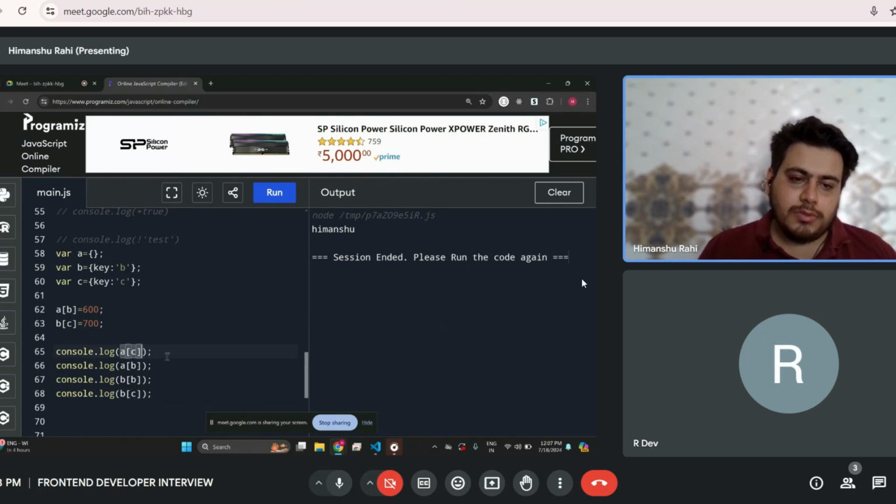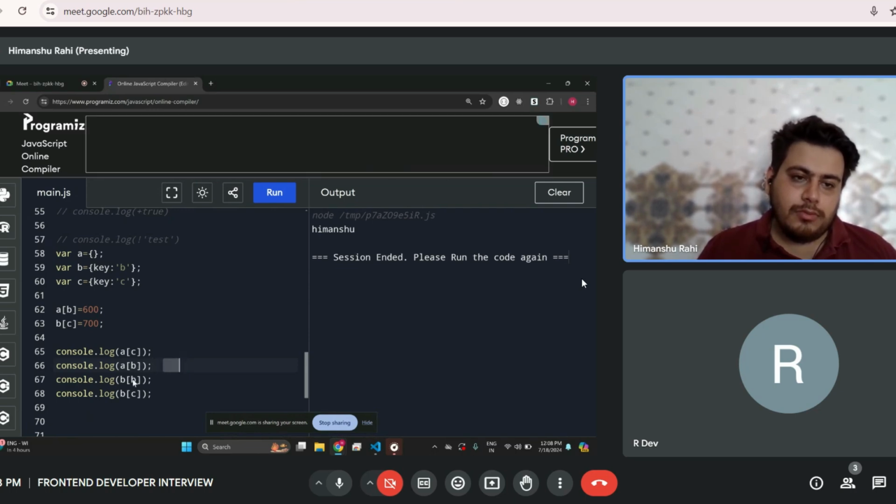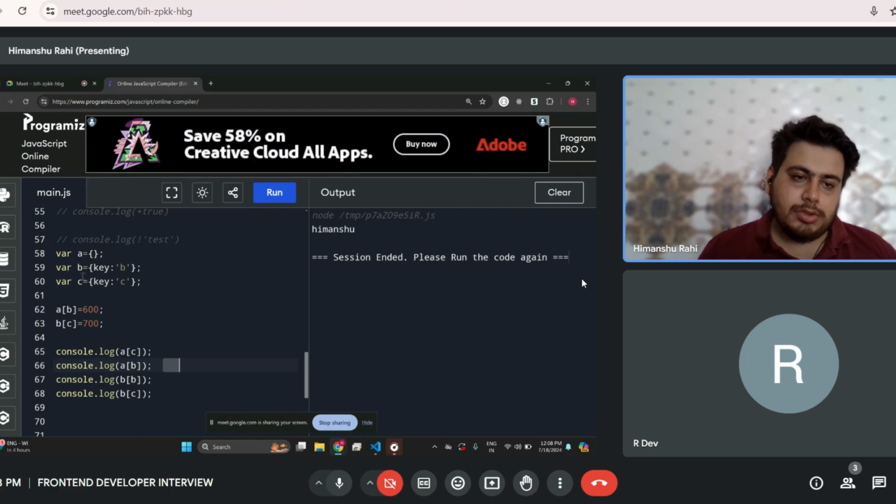There is not any kind of value, so we are getting empty here, and for a of b we got 600, and for b and b again empty here.